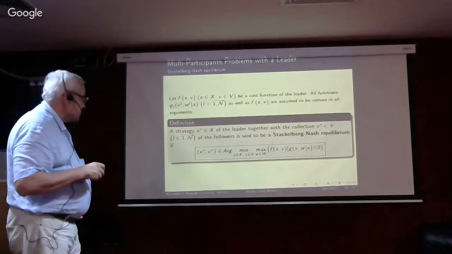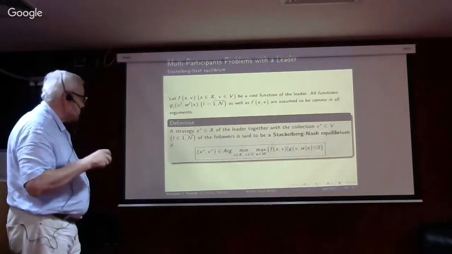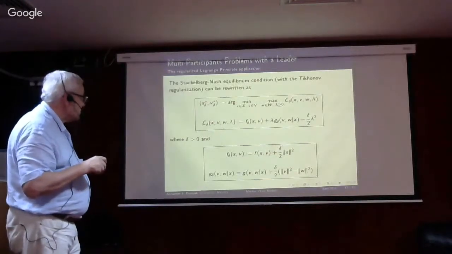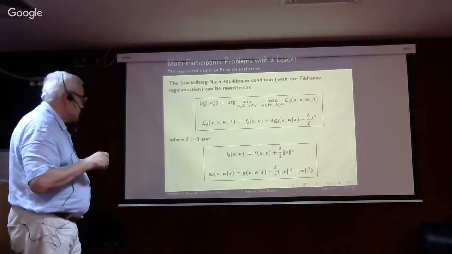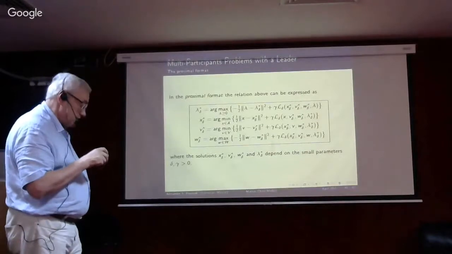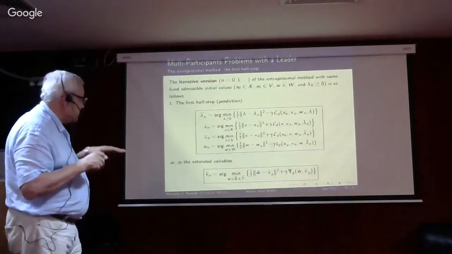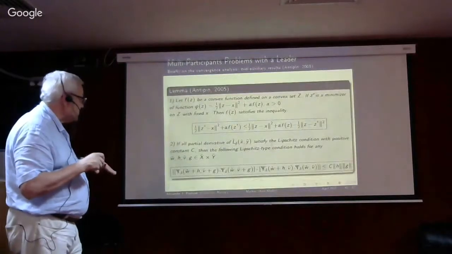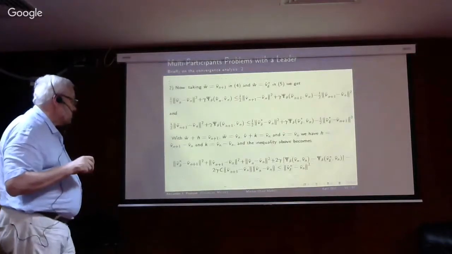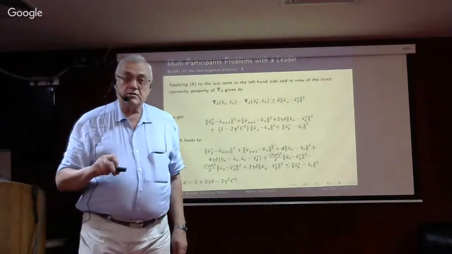How to extend it? We call it Stackelberg-Nash equilibrium. This is the condition of Stackelberg-Nash equilibrium mathematically. Again we apply regularization, we apply Lagrange multipliers, and apply again the extra proximal method to resolve it. I will not explain that. It's not interesting, but here is serious mathematics. But this is optimization.